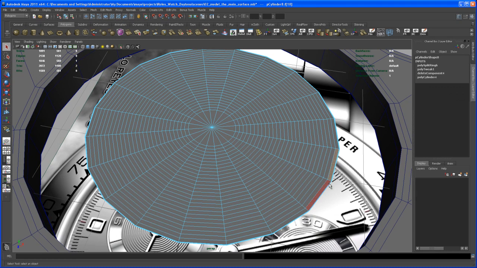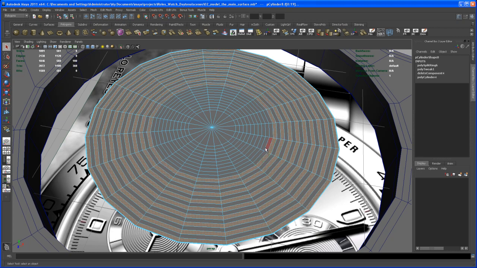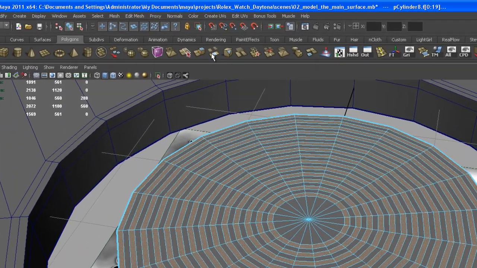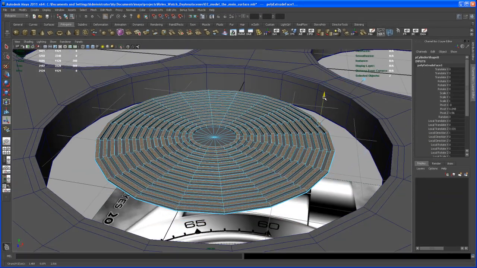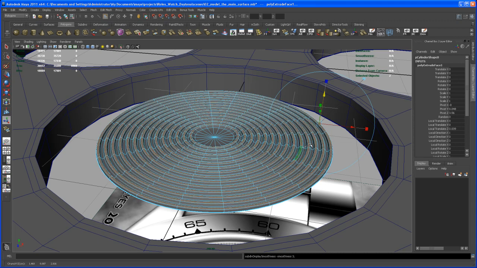So select this face, and then Shift select double click. So I'm holding down Shift all the time. Select this face, double click on the next one, this one. You get the idea watching me doing this. Okay, so now we have all those faces selected, and with that done, go to extrude, and let's extrude those up somewhere about here. So if you hit 3 on the keyboard, you see those nice ripples,